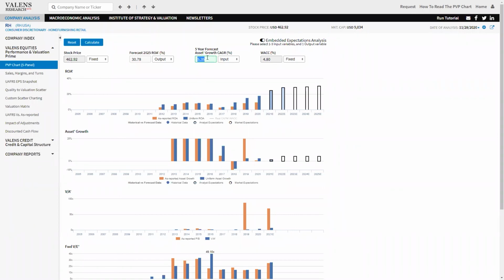But what we can also do is, let's say we want to do our own scenario analysis. We can say, you know what? We think it's going to be growing slower like it has the last few years. And we think that returns, after peaking massively in the next 2 years because of the at-home revolution, will probably come back down. Let's just say we think they're going to be at 15%. Well, we can solve for what the stock price would be in that scenario. And we can say Restoration Hardware is overvalued if you think this is the case. If you think this is the case, the stock is worth basically 80% less than what the market's pricing it to do. Now, I'm not saying this is the right thing, and we're not recommending everyone short Restoration Hardware, but